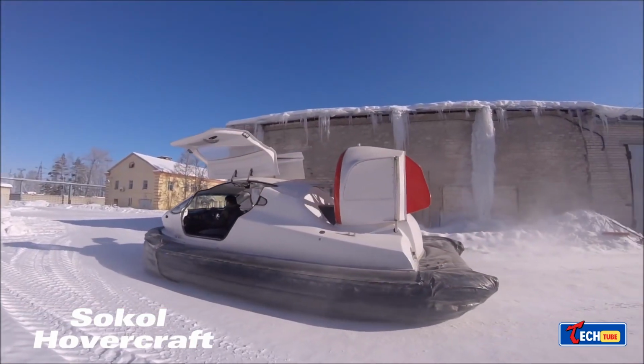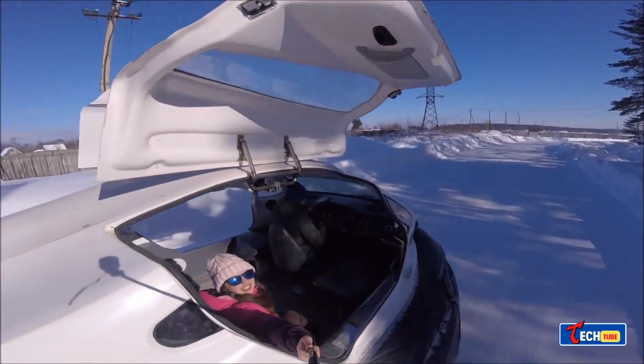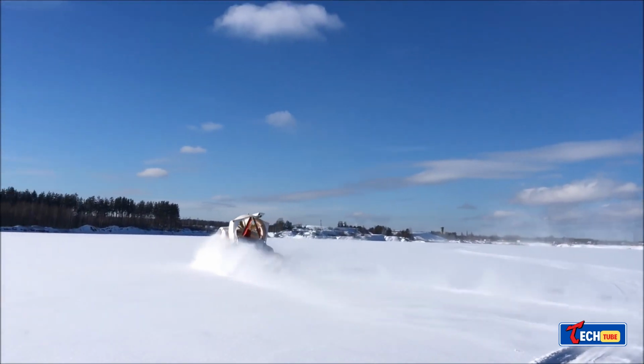Sokol Hovercraft. Versatile off-road travel. Need off-road travel for up to 6 passengers? Consider the Sokol Hovercraft. Accommodating up to 6 passengers, this versatile vehicle has a payload capacity of